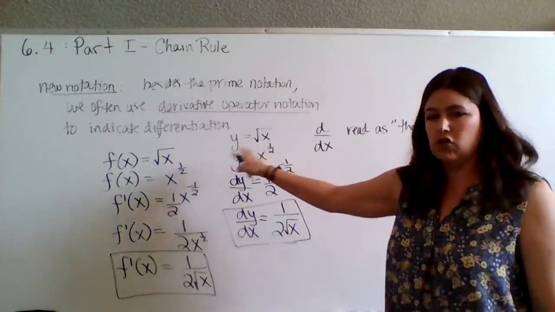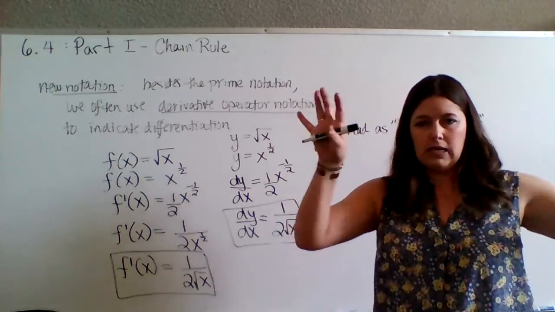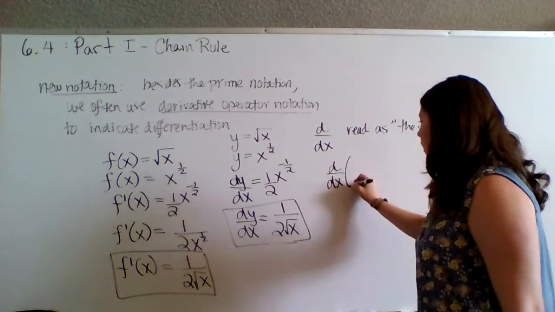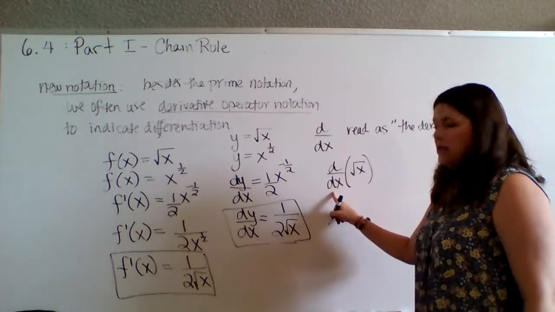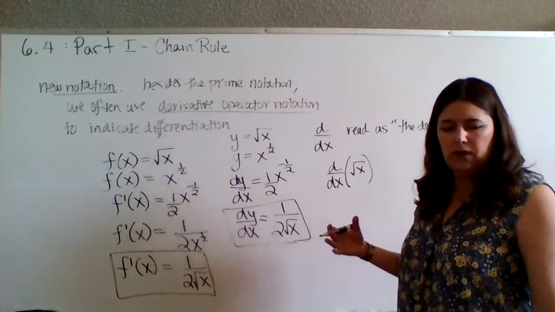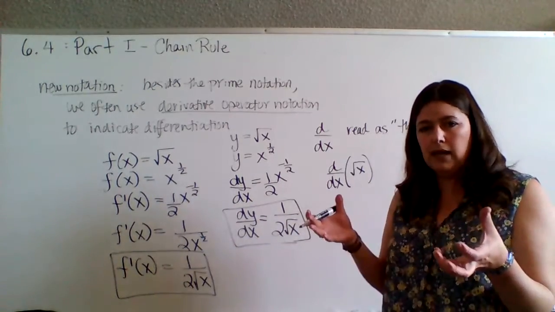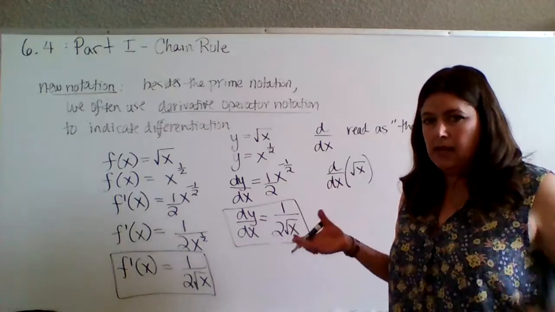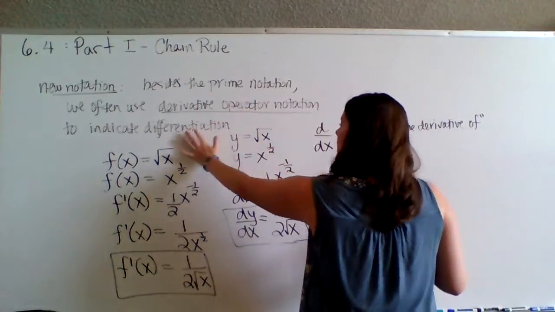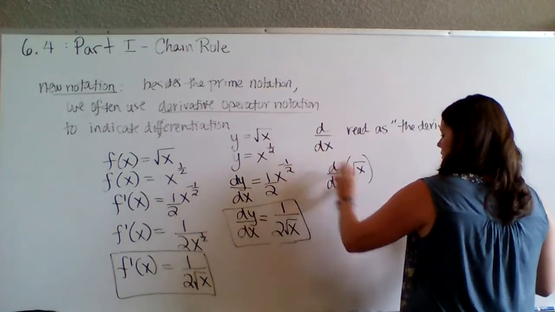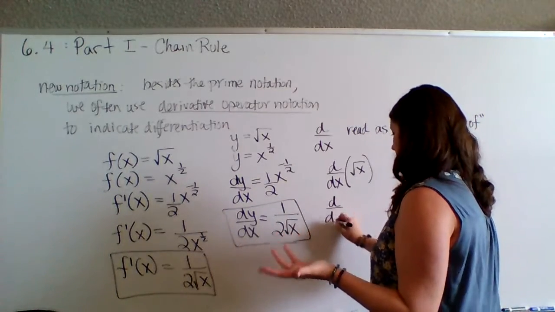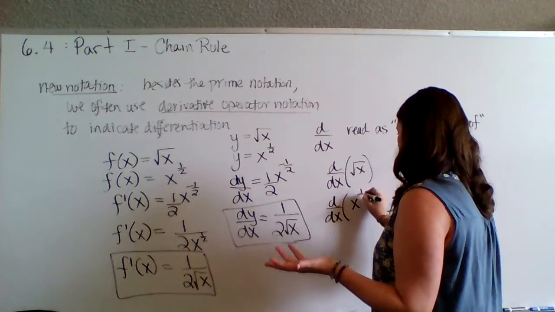So this isn't when you have a function defined as an equation with a left-hand side and a right-hand side. This would be where they say d over dx of the square root of x, and you're taking the derivative with respect to x of this expression. It's not necessarily defined as an equation with a left and right-hand side, but you still are doing this process called differentiation. So this derivative operator notation indicates you're going to take the derivative of whatever expression is inside. Right now, this expression isn't so calculus friendly, so we would change it,